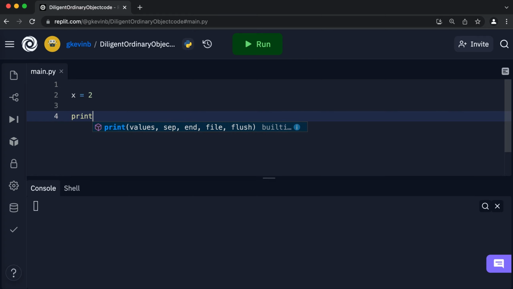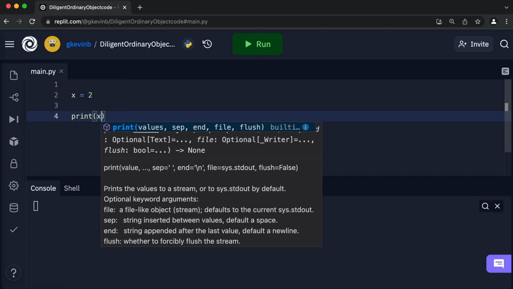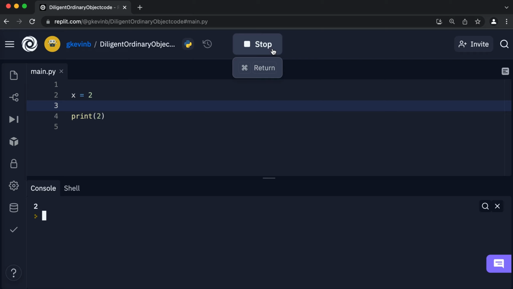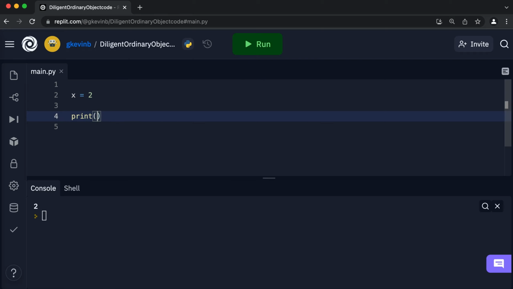Now we could do something simple as we did in the last tutorial, like printing, and we could print a variable just like that, running it. As you can see, it printed 2. Now of course, instead of using x, we could use 2 and directly print that out, so it's going to have the same output, but using a variable is a much